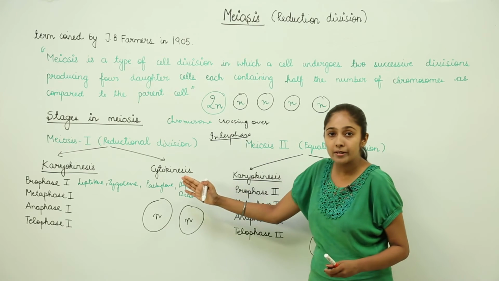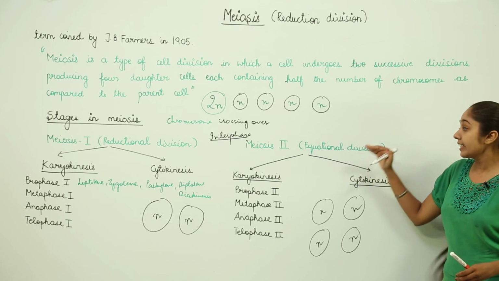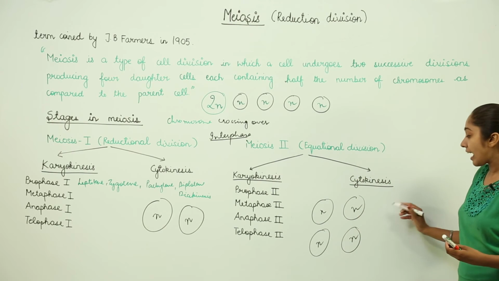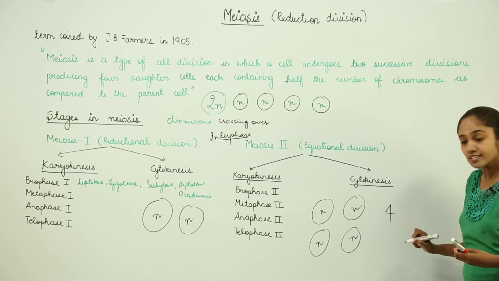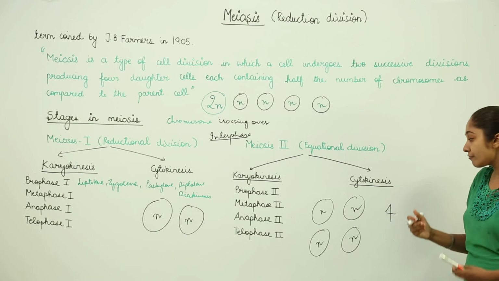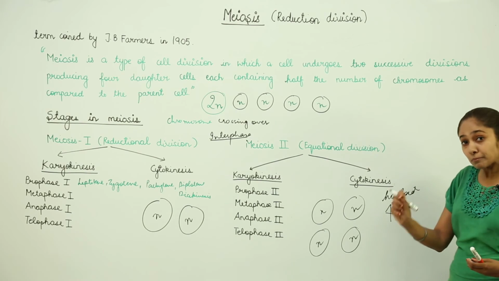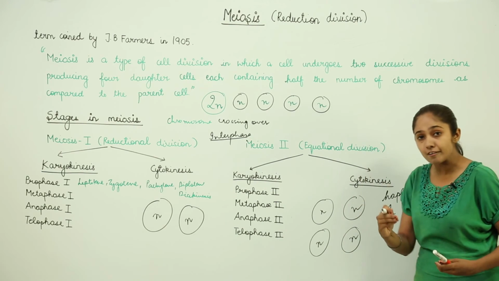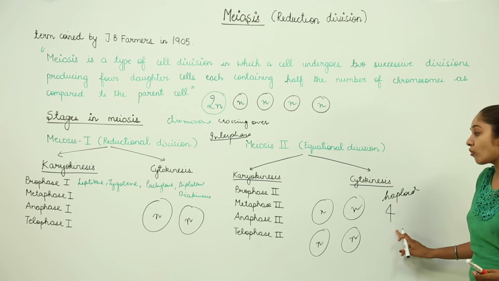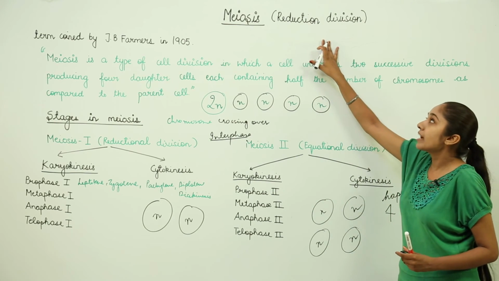So in meiosis 1, the chromosome number is reduced to half, and in meiosis 2 you can see the equational division. So what is the end result? The end result is that we have 4 daughter cells with half the number of chromosomes. That is, the chromosome number is reduced to half. So we have these 4 haploid daughter cells. Haploid, remember, H for haploid, H for half. So we have half the number of chromosomes, and the end product is 4 daughter cells. So this is how meiosis takes place, which is also termed as what?